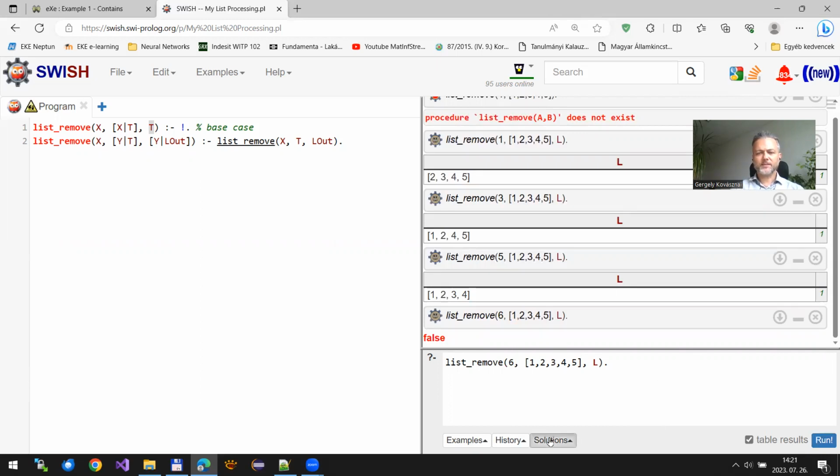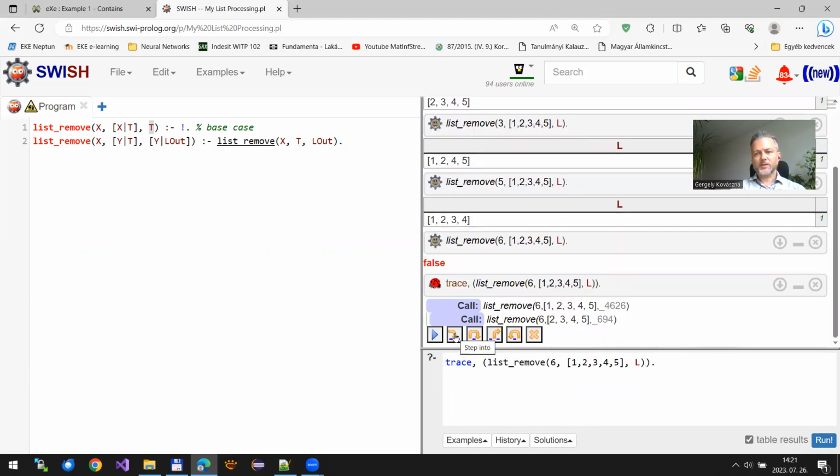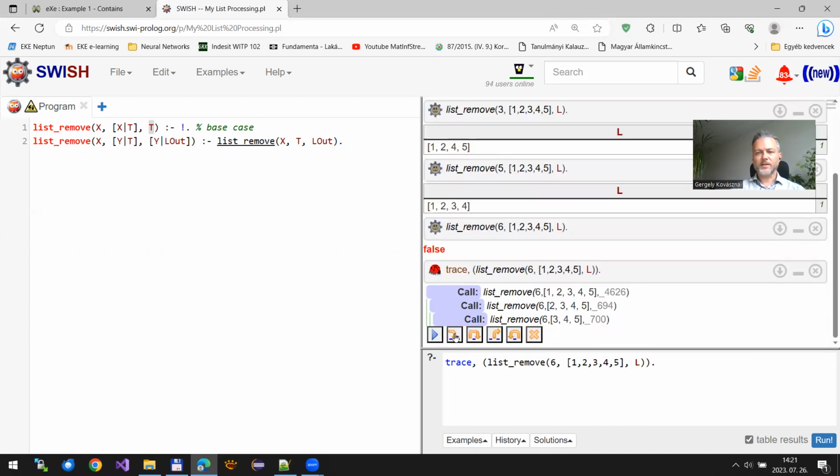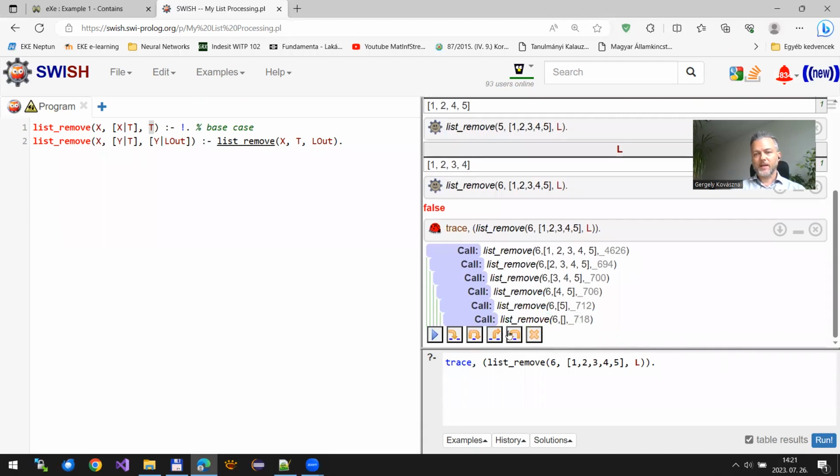So let me just check out why this is happening. Of course, as we search for 6, the list gets shorter and shorter, and finally it gets empty. And this atom with the empty list cannot be matched with any of those instructions in the knowledge base.